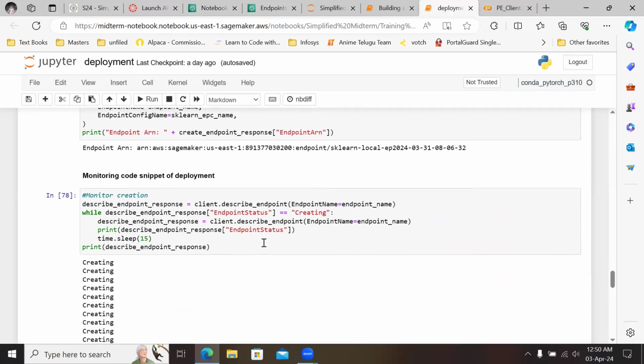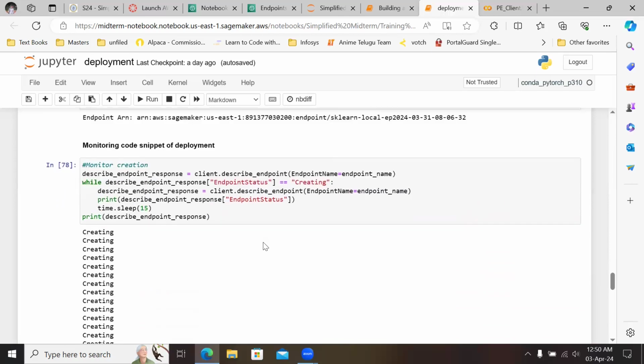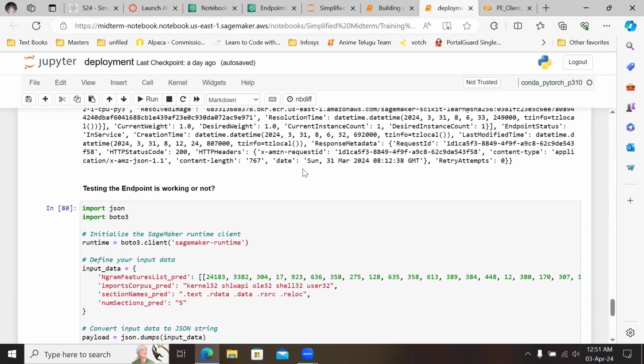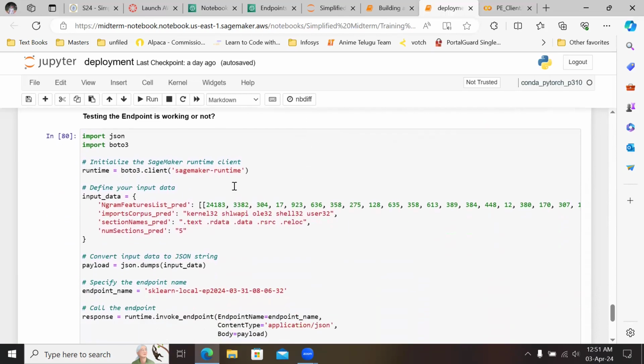particular code will monitor the deployment process. Every 15 seconds it will trigger a creating message until it gets deployed. When it is deployed, it will show an in-service message and print out all the configuration of our created endpoint. Using this particular code, I'm sending test input data which I previously extracted